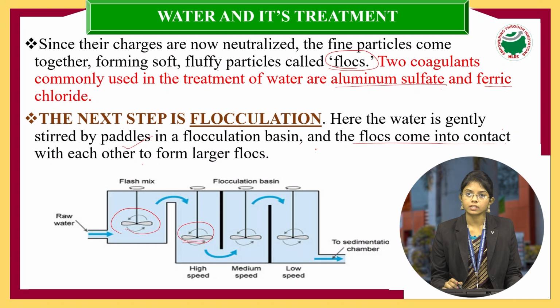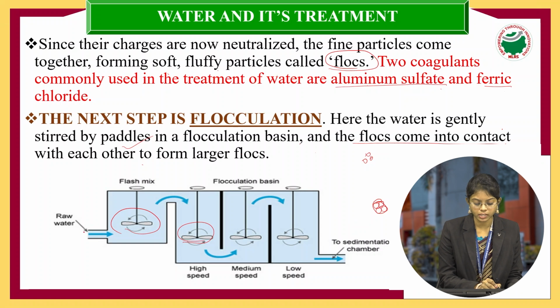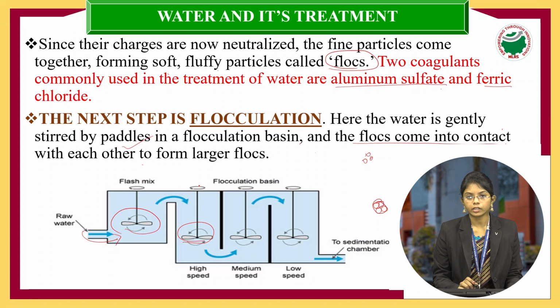So under the coagulation process, the fine particles are converted into soft fluffy particles called flocks, right? Now these small flocks come together and form a larger flock by using this mix. As you observe, here we send in raw water, and here we can see the mixing of the water so that the smaller flocks combine to form larger flocks, and the speed decreases. First it maintains a high speed, then it comes to medium speed,